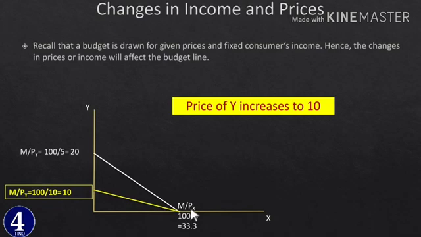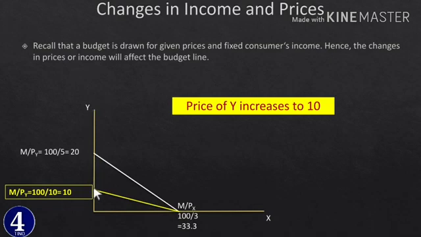because there is no change in m and there is no change in px ማለት ነው። Now the change is in py ነው የተቀየረው፣ so py has increased ከሆነ የተባልነው ወደ ስንት ጨመረ? ወደ 10። Previously it was 5 and the result was 20 y አይደል? Now it has increased to 10, so 100 divided by 10 is equal to 10. So the amount of y that we can purchase while the price of y increases to 10 is 10 ማለት ነው፣ በጣም ቀንሷል። ይሄ የሚያሳየን ምንድነው፣ when a price of y increases the amount of y that we can purchase has decreased ብለን conclude እናደርጋለን።